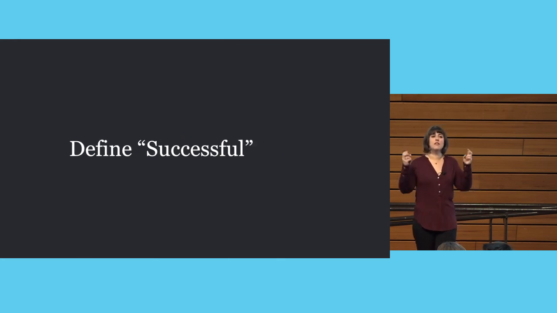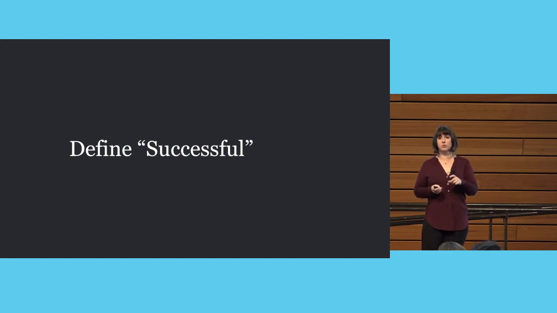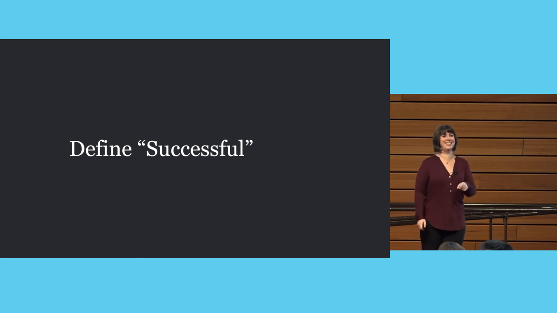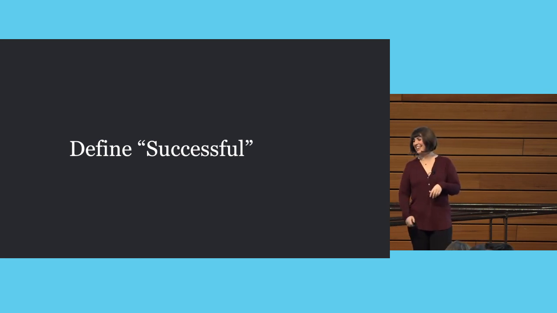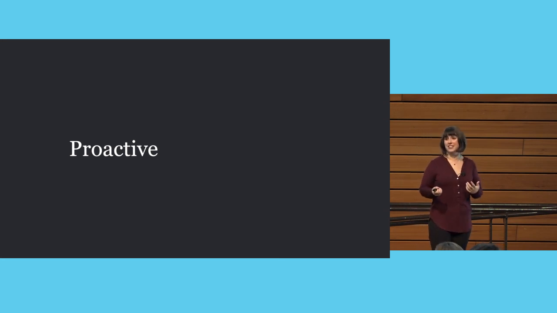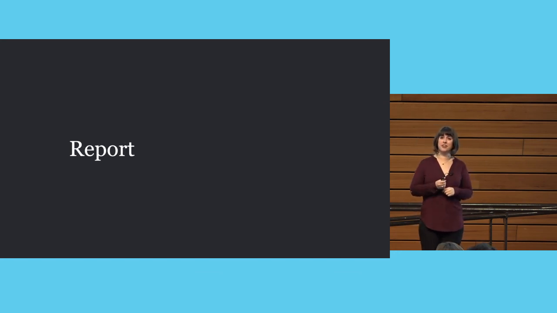So the system needs to have a definition of successful, which can be read by computers. So this shouldn't be someone sitting at a terminal, redoing curl commands until they get a 200. This needs to be fully automated. I've also seen that happen. And your deployment system also needs to be proactive, because you don't want someone sitting and repeating a curl command. And your system needs to be able to report on deployments.